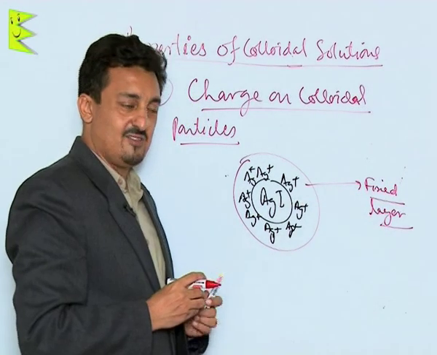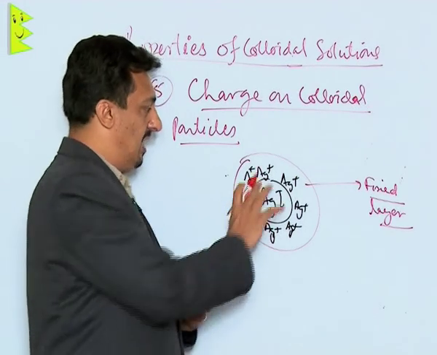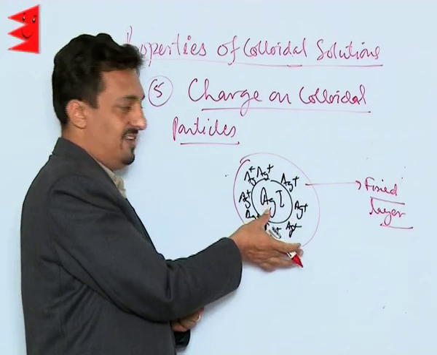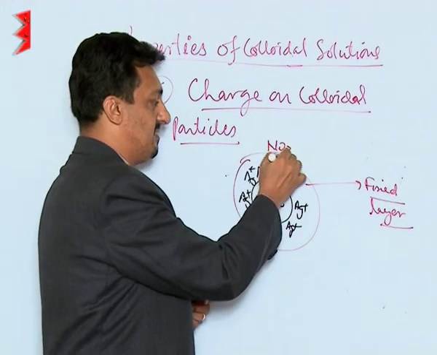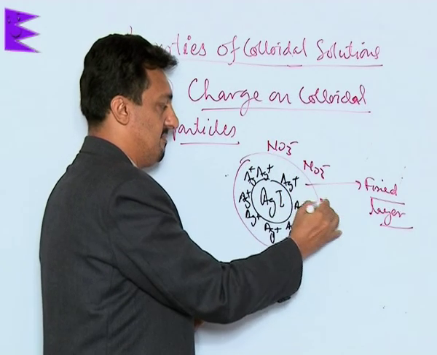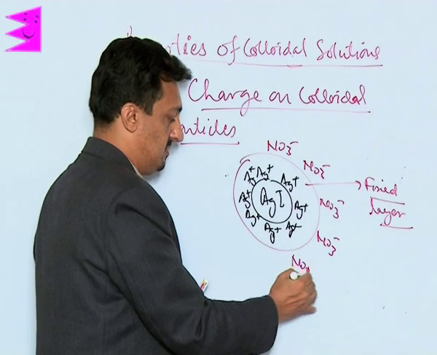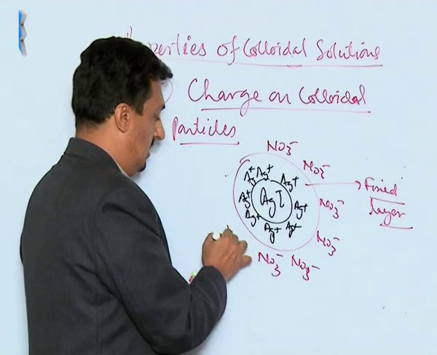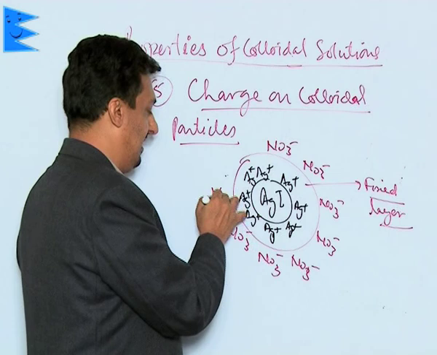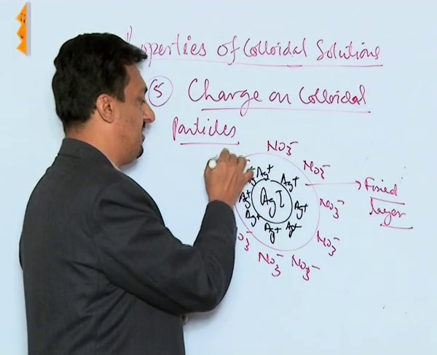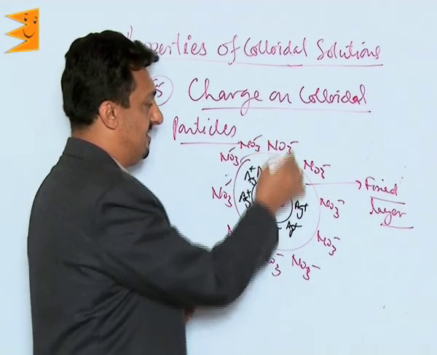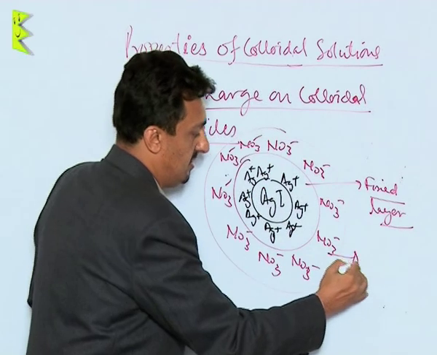This first layer is called the fixed layer. Now outside this, since it is positively charged, nitrate ions will come and surround this whole system. This second layer of nitrate ions, or of the oppositely charged ion, is called